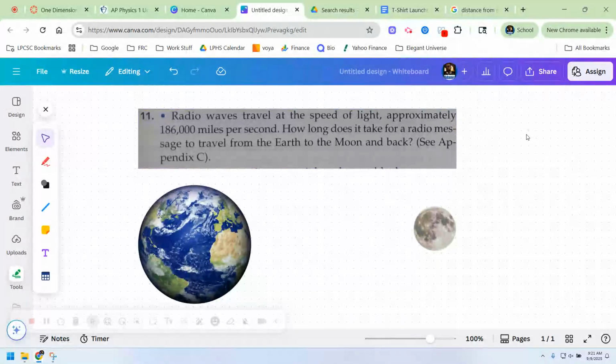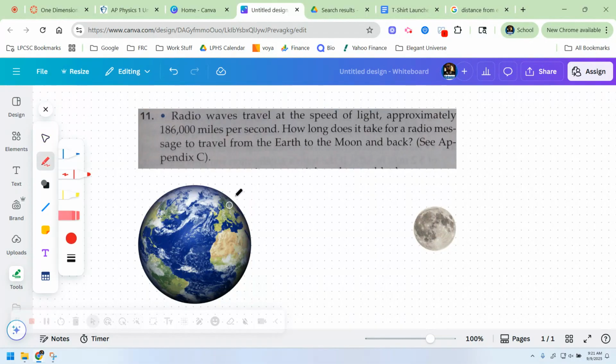All right, so for this problem, it says radio waves travel at the speed of light, approximately 186,000 miles per second. How long does it take for a radio signal message to travel from Earth to the moon? So what they're saying is, somewhere here on Earth,